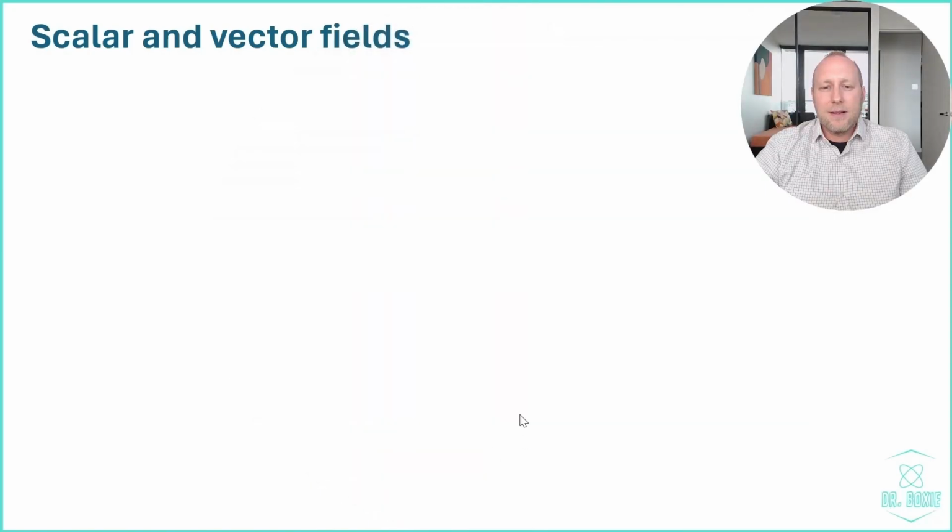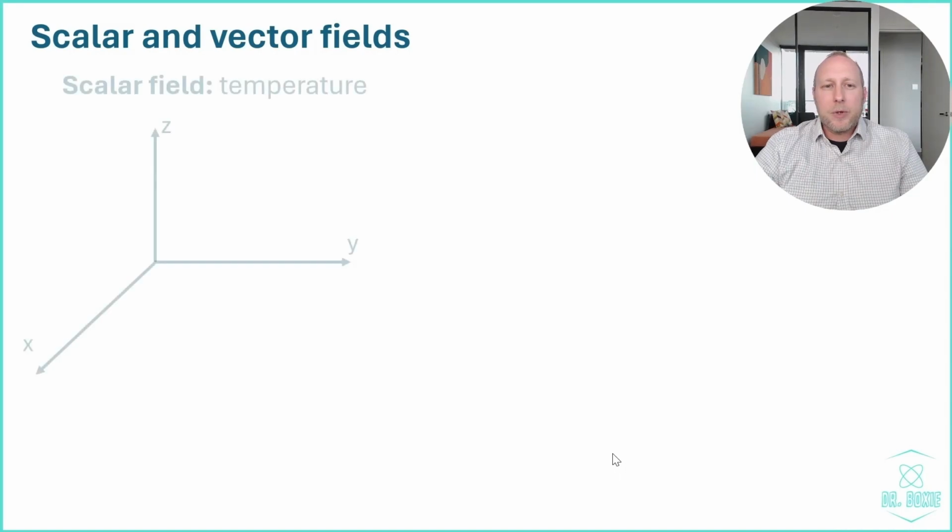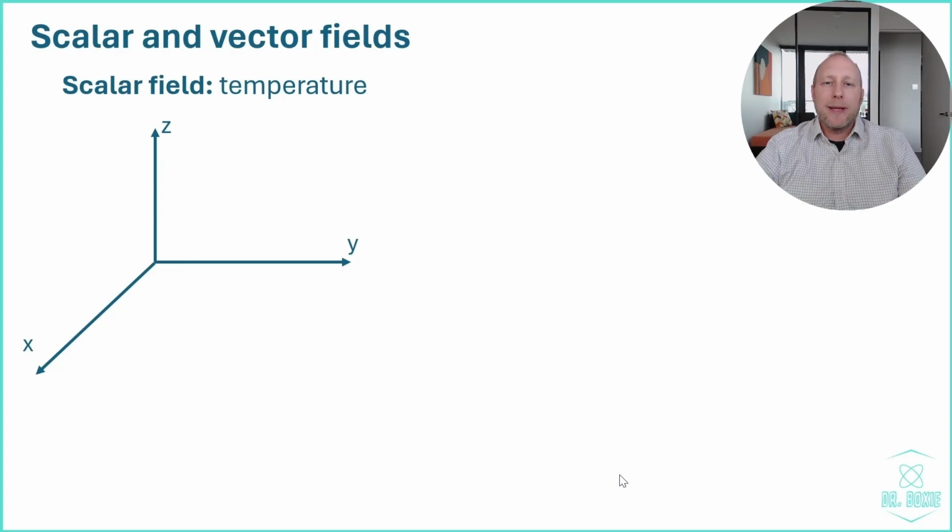So what is a field? Imagine I asked you what the temperature of a room was. You could answer that the temperature is, for instance, 20 degrees centigrade. But in the back of your mind, you're probably aware of the fact that a temperature is not literally 20 degrees at every single point in the room. Some parts of the room may be a bit cooler, others may be a bit warmer. When we say that the temperature is 20 degrees, what we mean is that averaged over the whole room,